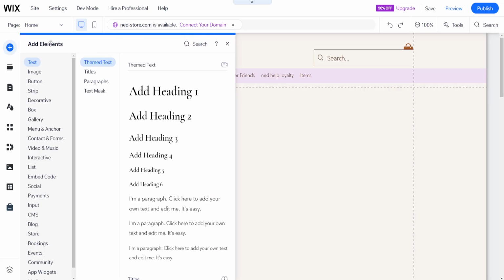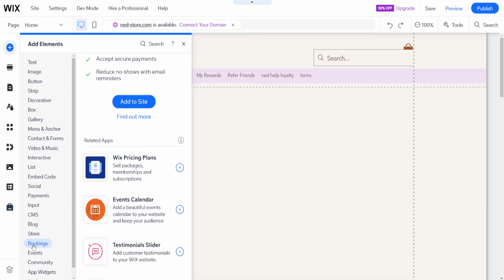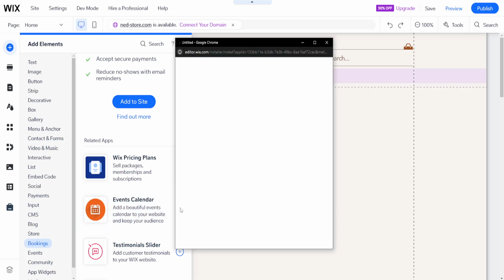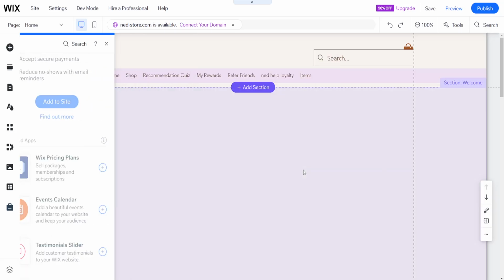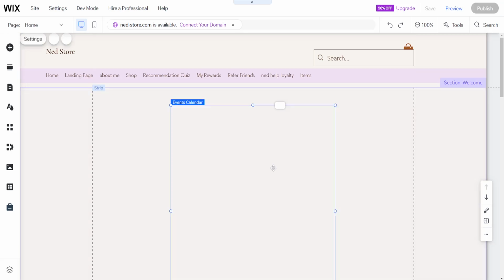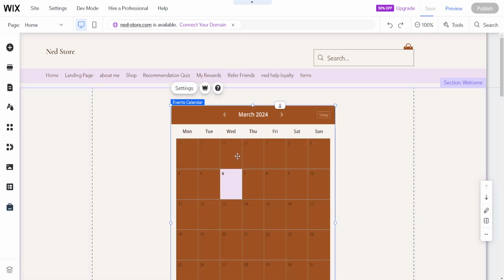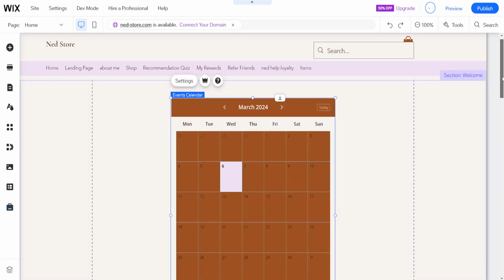And then we have to scroll near the bottom over bookings and just click on bookings, and you should be able to see this events calendar. Add a beautiful events calendar to your website and keep your audience. So click on add to site here, and this will ask us for permissions where we have to agree and add. Now it's going to look a little something like this, events calendar, and then we can scroll down,